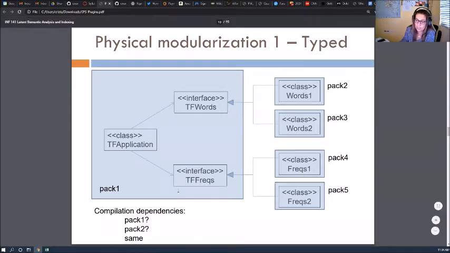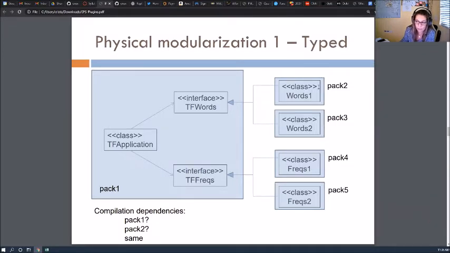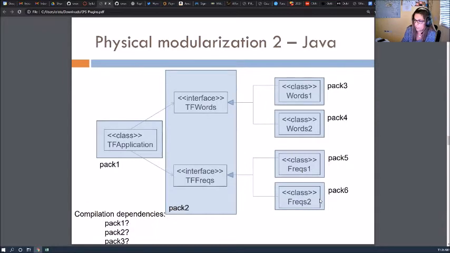So this jar needs to be present at the site of the third-party developers, right? And you could even imagine that you have one pack per class or not. So this would be one way of doing it. Another way of doing it, which you see in many frameworks out there,